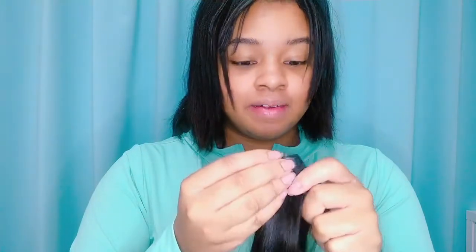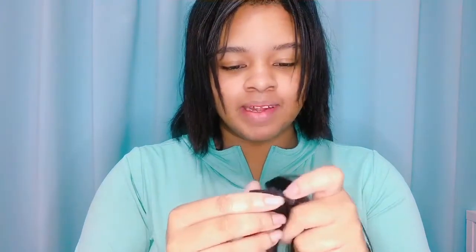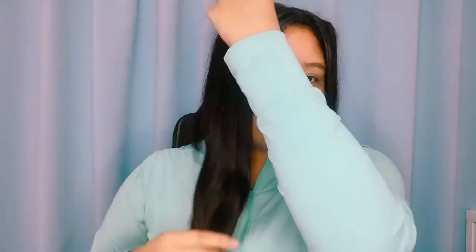So it's funny, a lot of people were saying that they have no purpose in this, but these are perfect for me because I am someone that wears bangs. I have a fringe, and even when I choose to part my hair, I always have how my hair is right here right now. I wear it with a fringe on the side like this, except I'll add this to it to make it longer. And so I normally put 2 clips on that one side to create the thickness that I want,